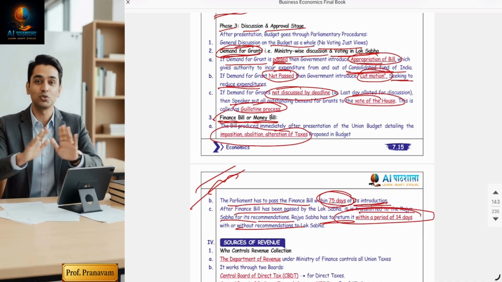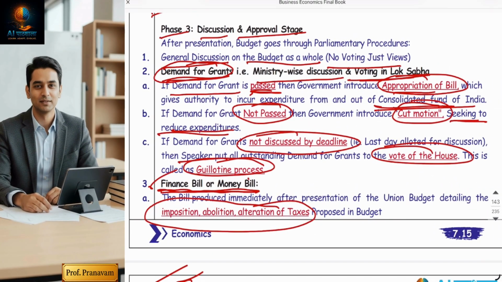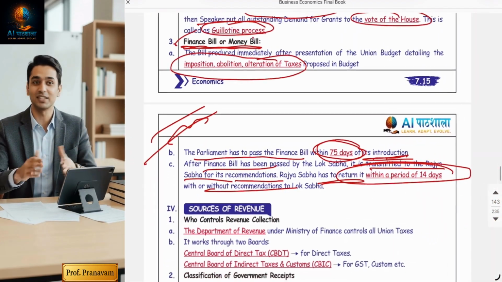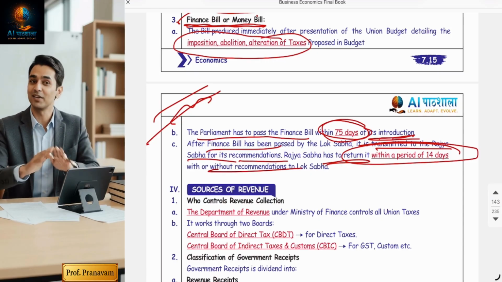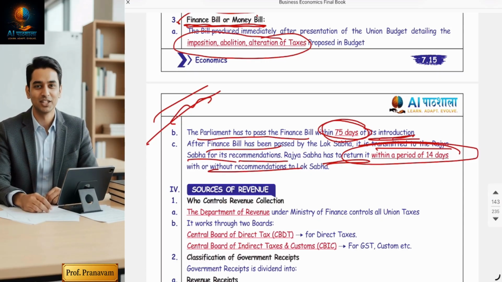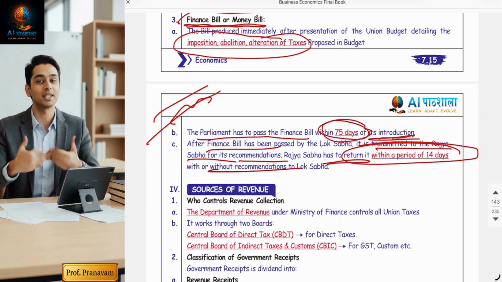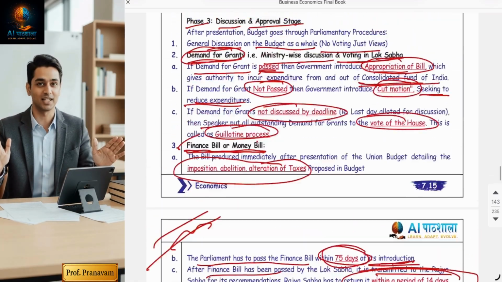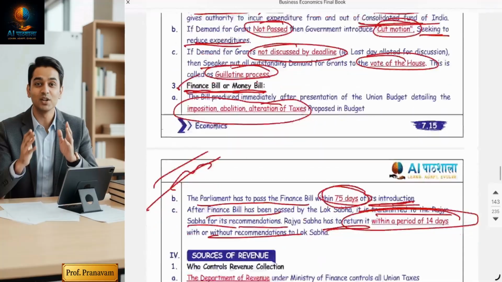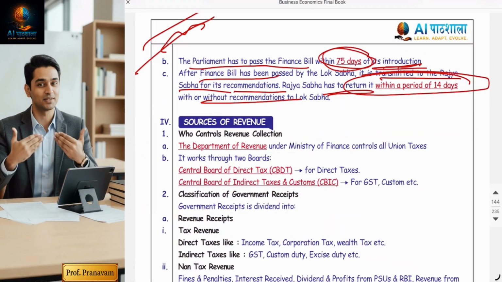So this third phase is very technical. You have to understand it and memorize it from an MCQ point of view. Appropriation bill, cut motion, various terms are there. Guillotine process, finance bill, right? And in how many days the finance bill should be passed in Lok Sabha as well as in Rajya Sabha. Okay, so this was the entire process of budget presentation. A long process, am I correct? Yes. So this was the budget processing announcement.